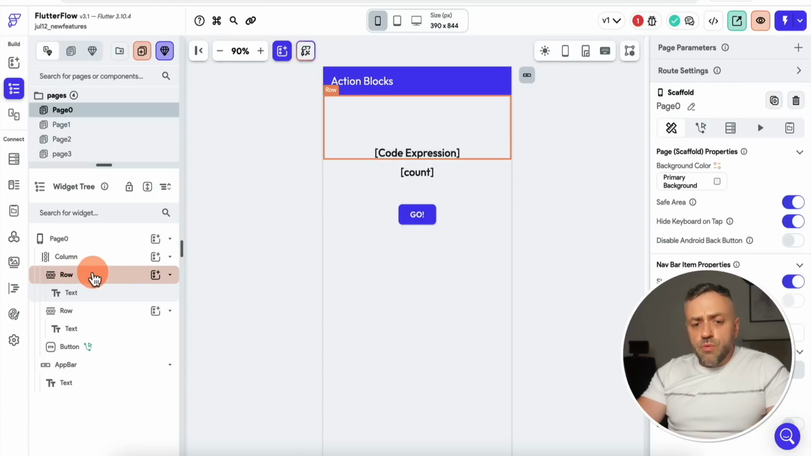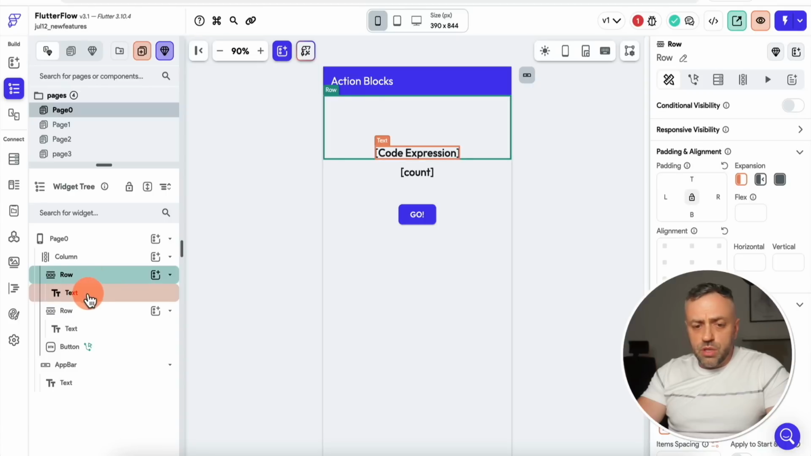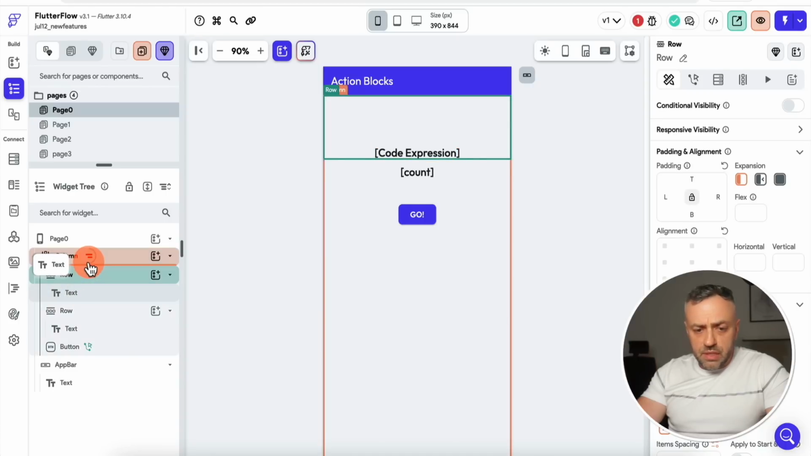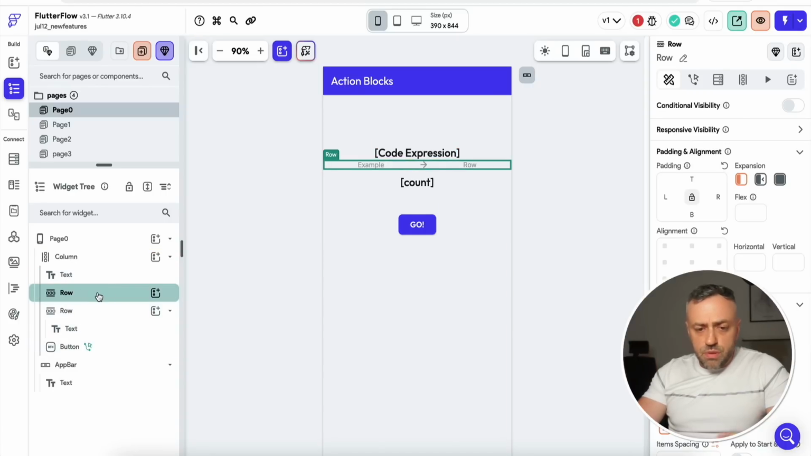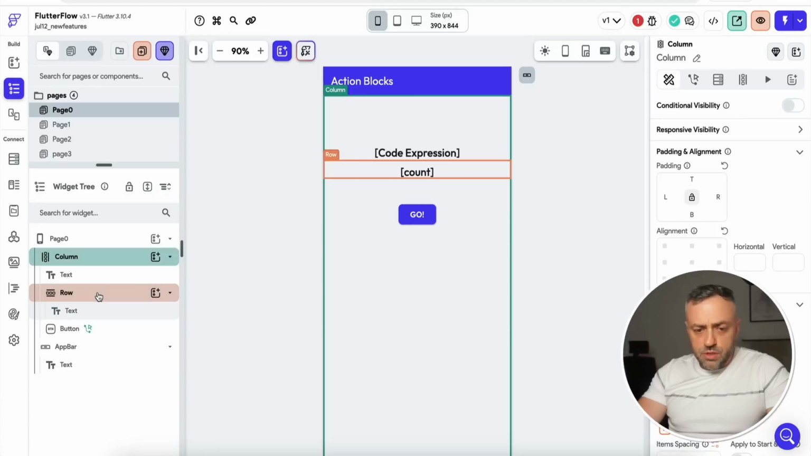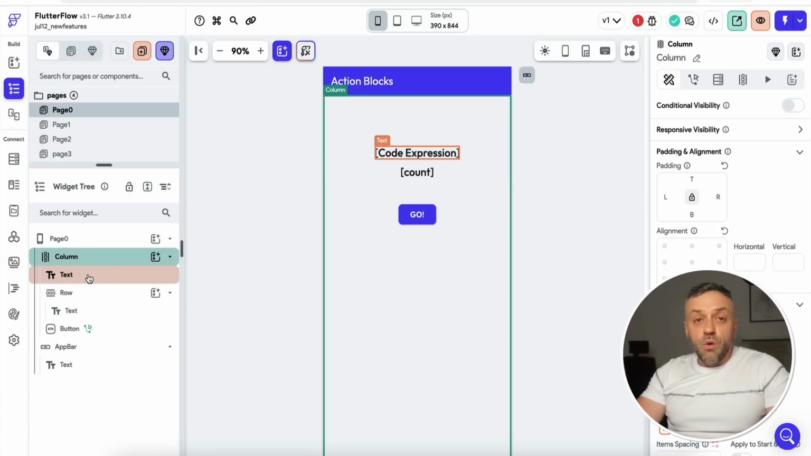And so sometimes I realize that I don't really need this parent widget here. And so what I usually end up doing is I move this text up and then I delete this row because it's not doing anything anymore. So I'm going to press delete. Okay. Now, while that's nice, FlutterFlow has released a feature that allows you to do all that a lot quicker